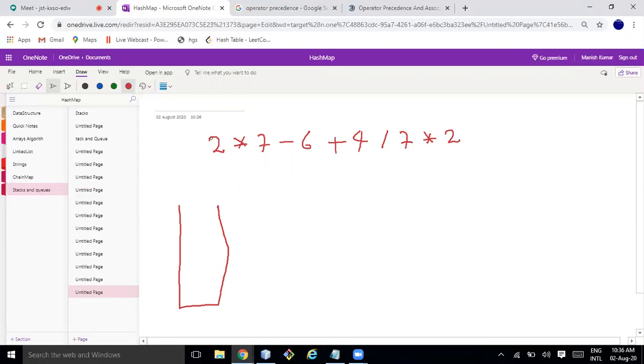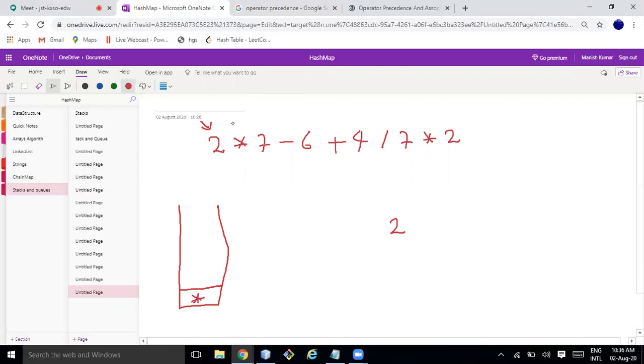I'll start traversing from left. I found one element, so I'll write it. Then I found an operator. Initially no element is there, so if I do top operation, it will return null. I'll compare null with this star. Star is having higher precedence, so I'll push it.